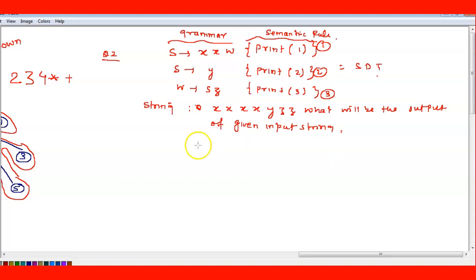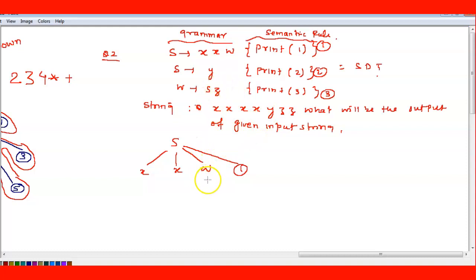So we can write S derives X X W, and that is rule number 1. Next I have to draw X, X, and the X part is over.